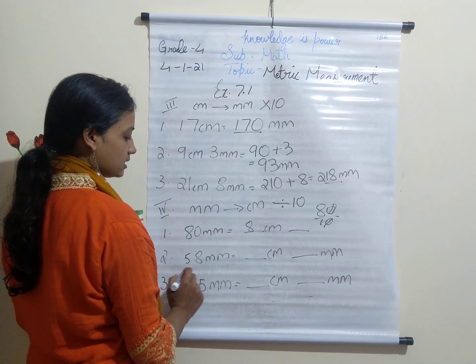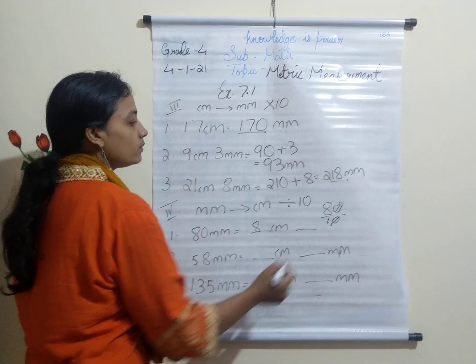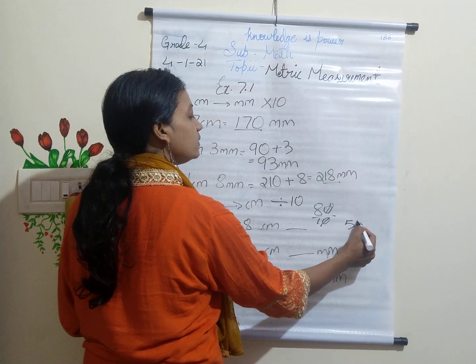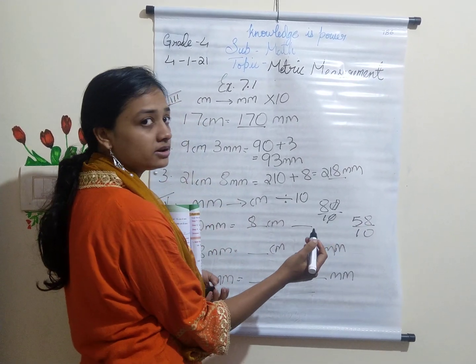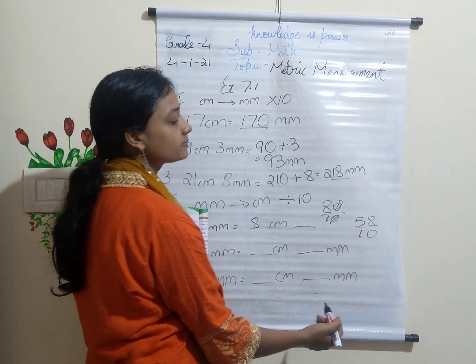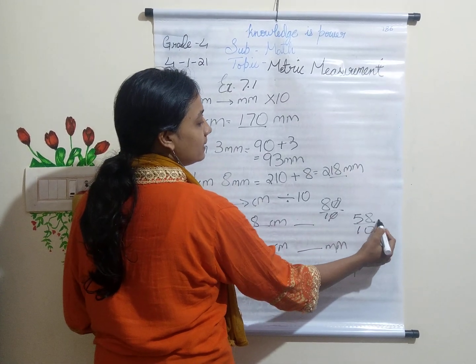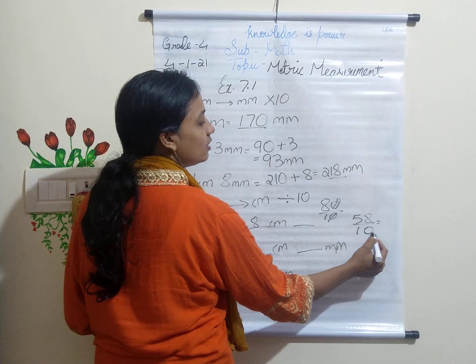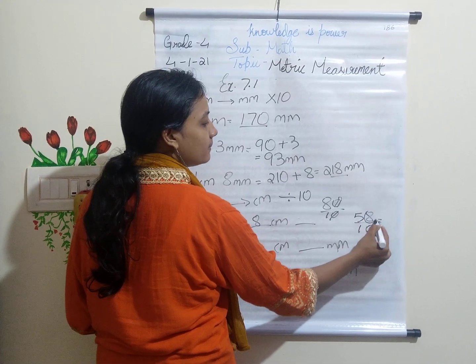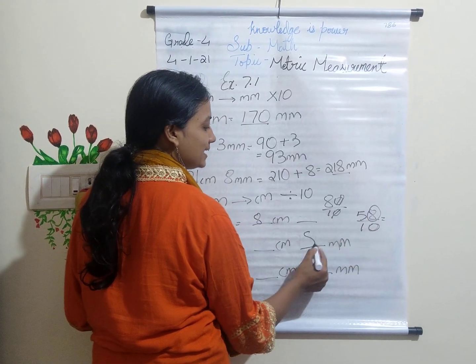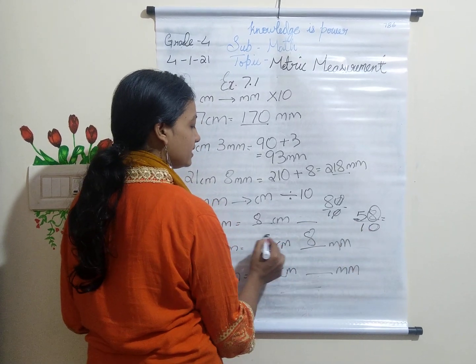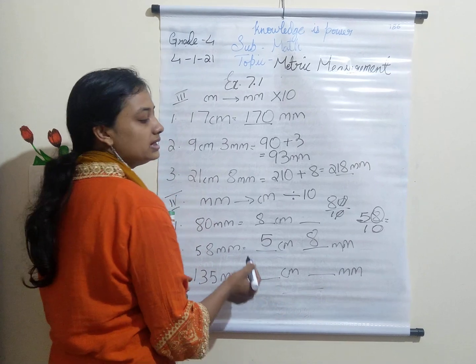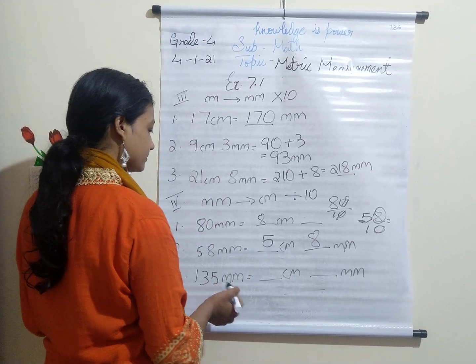When I have a number like this, when I don't have the 0, when I have to divide 58 with 10, it is very simple, children. You already learned how to convert them into decimals. So it will be 1 0. So this last one number, you write it on the millimeter side. Whatever number remains here, we'll write it on the centimeter side. This would be your answer.